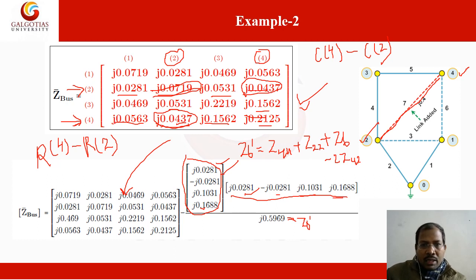So you can see that these row matrix elements and this column elements, we are getting the same. For this example we are getting the same value, but in other examples we are not going to get the same value. It may be there, but we are not always going to get the same value.